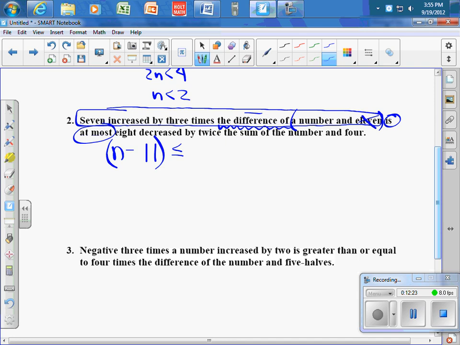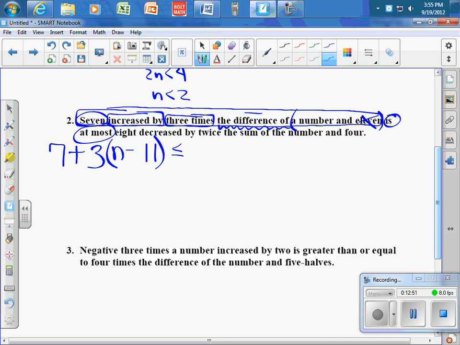Well, what's before the difference of a number and 11? Well, 3 times. How do we show 3 times this parentheses? Well, put a 3 in front of it. Keep working your way backwards. What does increased by mean? Well, keep working backwards and you put a plus sign. What's in front of that? The number 7. So 7 plus 3 times the parentheses n minus 11 is less than or equal to,